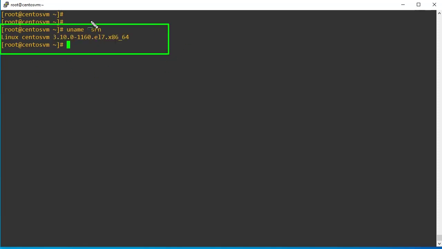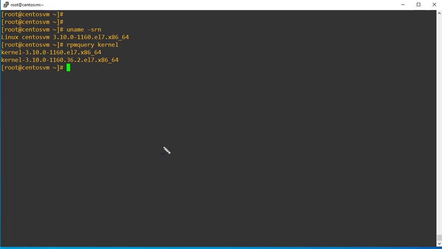We can see currently my system is booted with the old kernel. We can validate using rpm -q kernel. Yes, we have successfully booted the system with the old kernel.